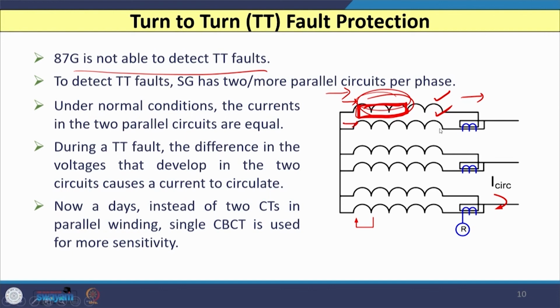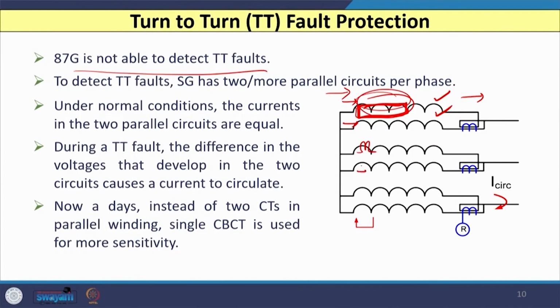To detect this, nowadays two CTs are placed in the parallel winding, and single core balance CTs can also be used to increase the sensitivity. However, in conventional ways, if we wish to detect a turn to turn fault, then we need parallel winding and we have to put one CT on each parallel winding, so that we can detect this type of